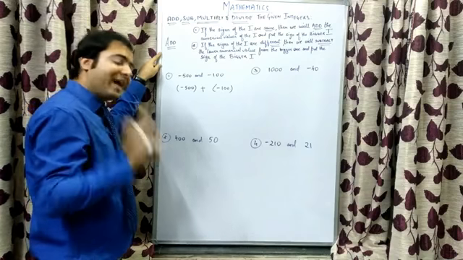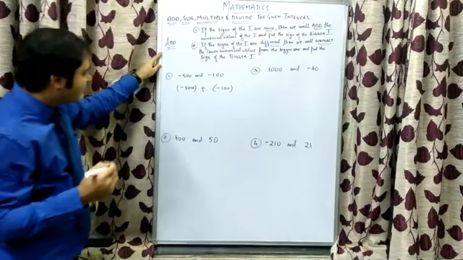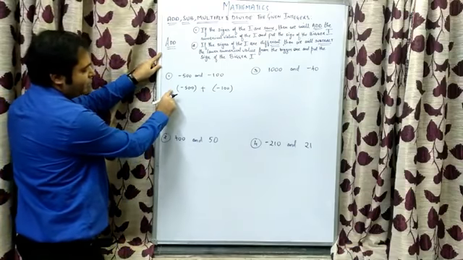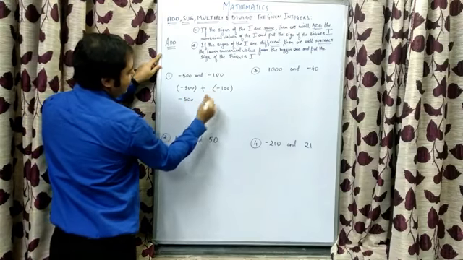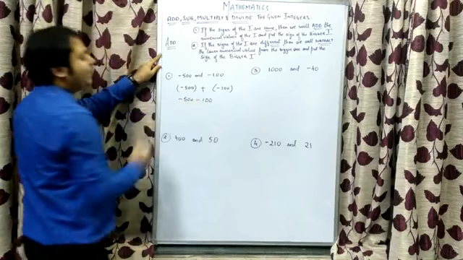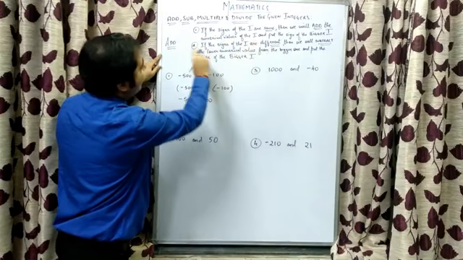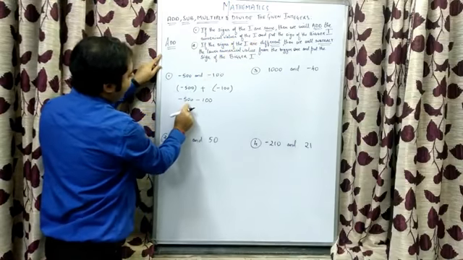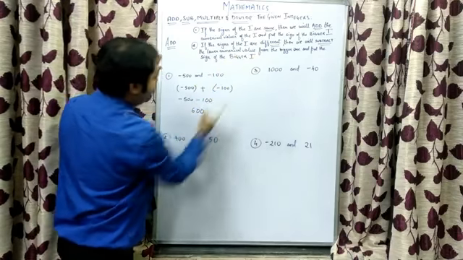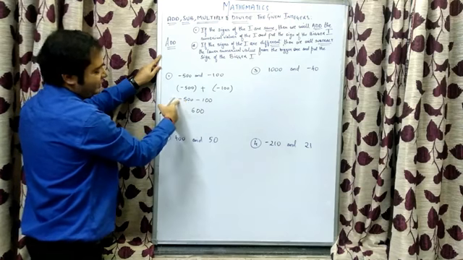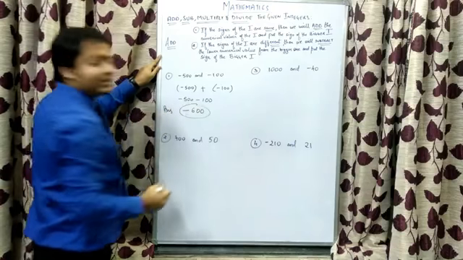Next we will follow the sign conversion of multiplication that I taught you just now. When nothing is there, we assume it to be plus. Plus into minus is minus 500. Plus into minus will give you minus 100. Now we'll apply these two rules. When signs are same, we will add the numerical values of the integers. Add 500 and 100, that will give you 600. Then it says put the sign of the bigger integer. Bigger integer is 500 and the sign it has is minus. So my answer will be minus 600.